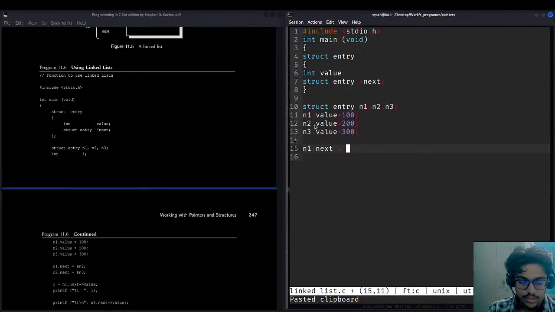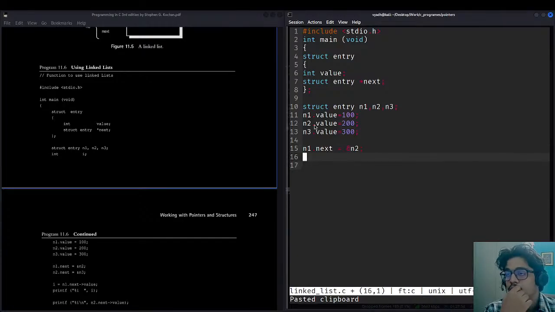So for that, n2. Then n2.next we are pointing to the next structure, that is n3, and that is how the chain works.